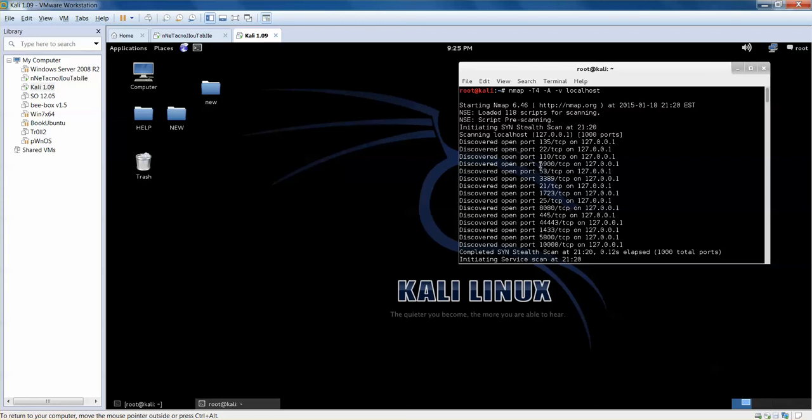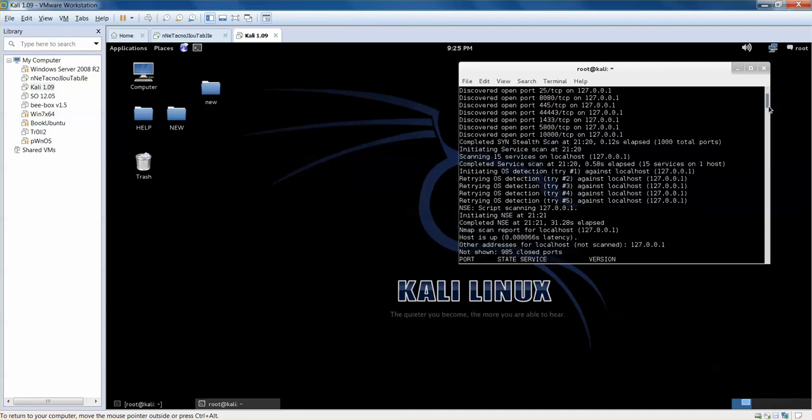It's kind of interesting. So what is 5900? That's most likely WinVNC running. 53, what's interesting about this, it seems like it's DNS. 3389, it's RDP. 21 FTP. 25 SMTP. 8080 is an alternative, basically HTTP, and so on. So a variety of